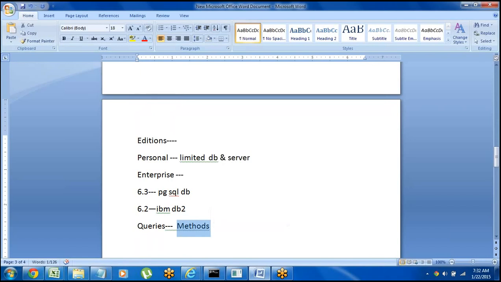So the methods apply to all the databases. There are no limitations here. Any database we use, the process will be the same. Even if you use Oracle, Universal Database, Sybase, MySQL, any database, here we are not going to write any queries. We only have some predefined methods. Using those methods only, we can perform all the logical operations, like inserting the data to the database, fetching the data, mapping the data. Everything will be done using these methods only. That we will see later.